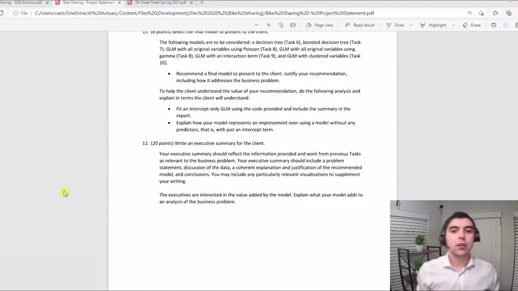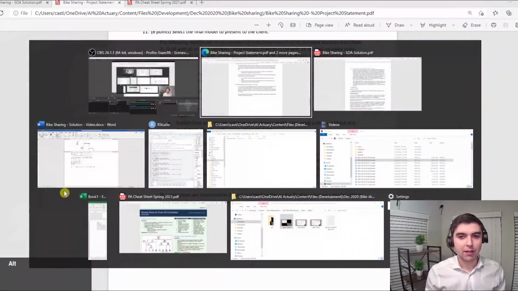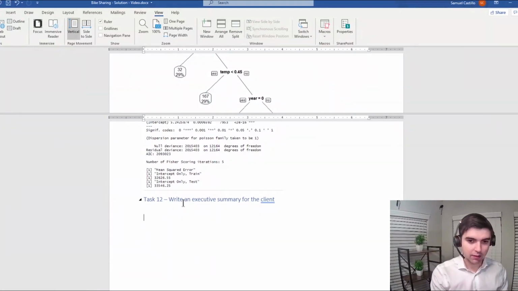Task 12, 20 points. Write an executive summary for the client. Notice that the audience here is not the exam grading team, it's the client. Keep that in mind and always try to picture them, that high-level executive wearing a suit, and you're in a boardroom with 20 other people, your chief actuaries there. You're like the lowest level person in the room. How would you describe your analysis? So with that in mind, just try to think about